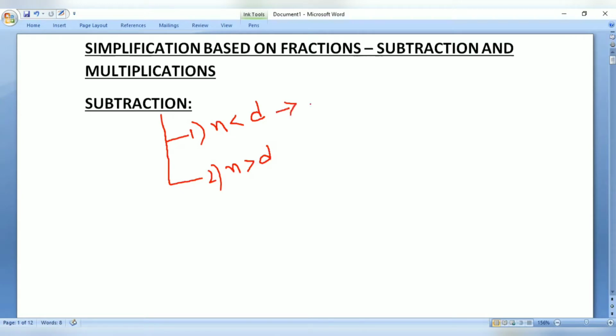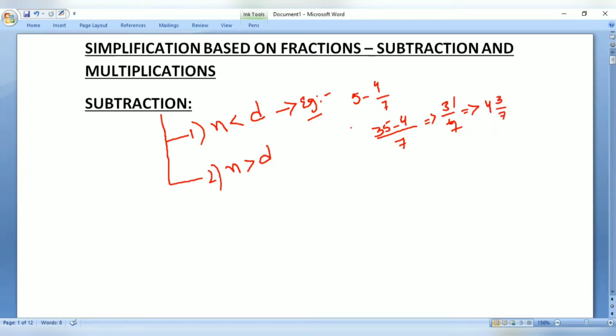So in the first case, let us see how to solve it with an example so that it will be easy for us to remember. Imagine there is a problem given to you like this: 5 minus 4 by 7. What generally we do? We take the LCM of 7. 7 multiplied with 5 becomes 35, and then minus 4, so it is 31 by 7. Then we convert it to a mixed fraction: 7 4s are 28, so 4 3 by 7.